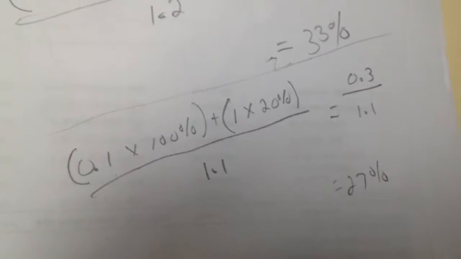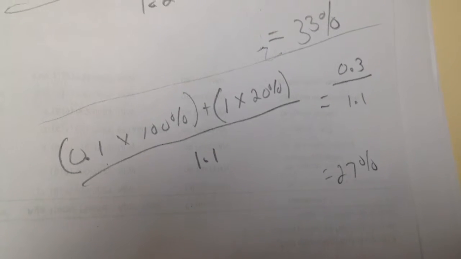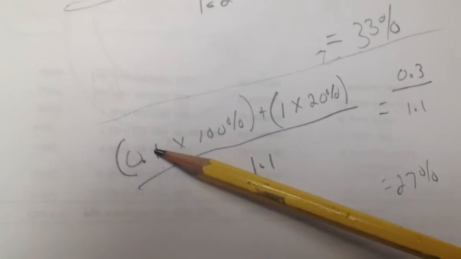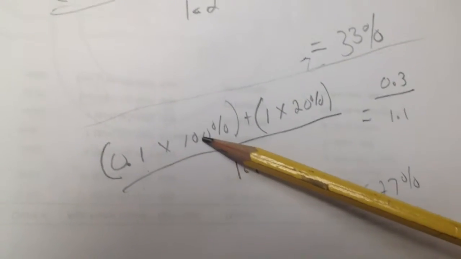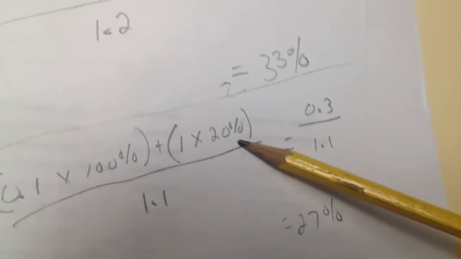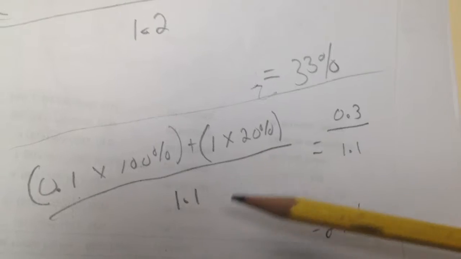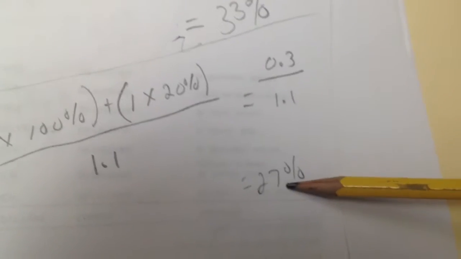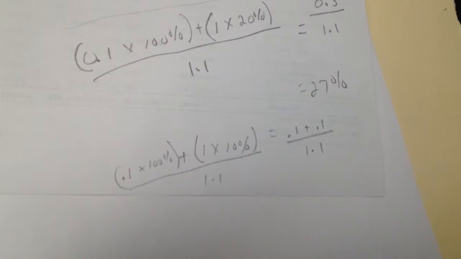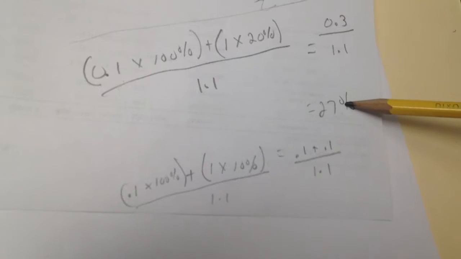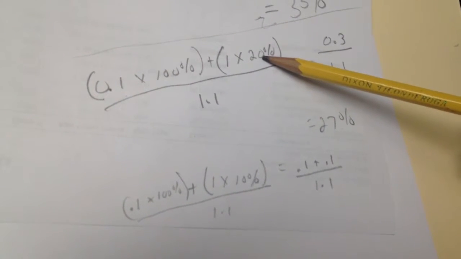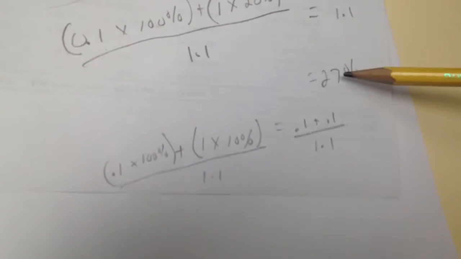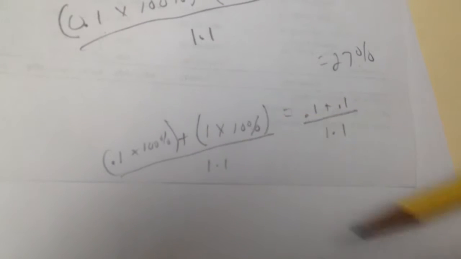But in fact, that 0.2 units may have been fairly generous. If you review the echo, you'll see that tiny amount of ductal flow. Perhaps it was only a tenth, in which case then you have a tenth, or 0.1 times 100%, and 1 unit of 20%, so 0.3 divided by 1.1, or 27% systemic saturation. Now, even that is generous, because with a systemic saturation of 27%, you're probably not as high as a systemic venous saturation of 20%. So let's make it 10%, so that the extraction is from 27% to 10%, in which case